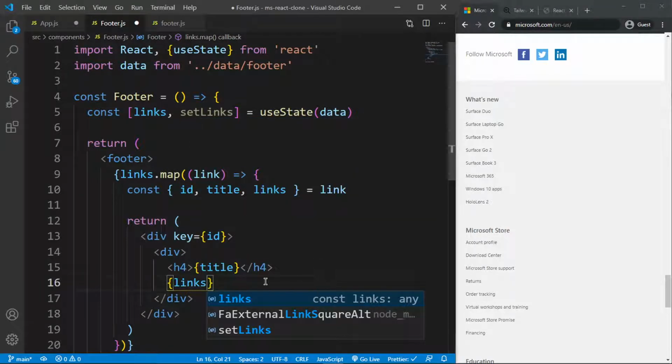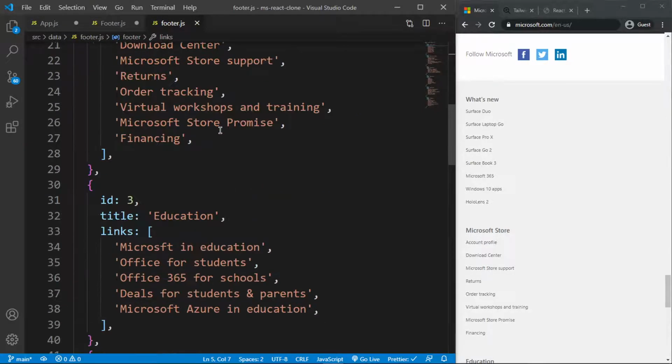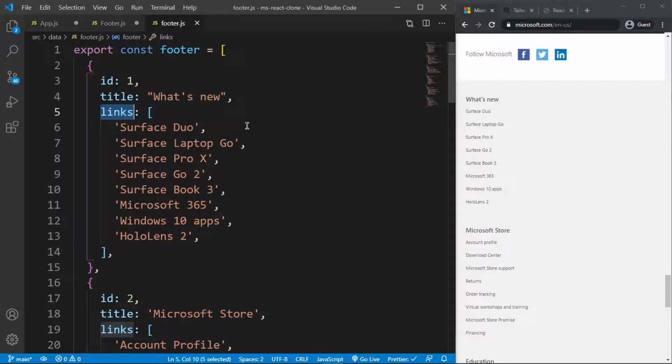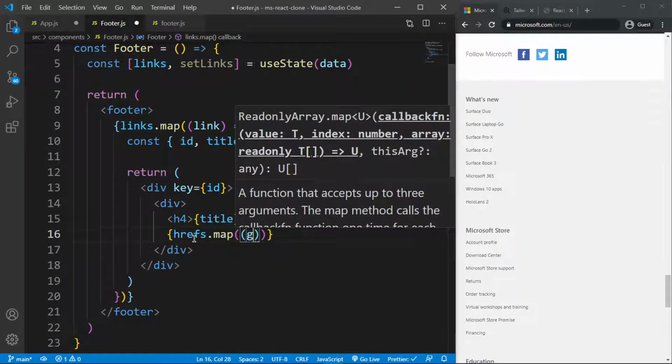Oh my goodness, I shouldn't have named these links, because these are also called links. I can rename them, right? Let's say hrefs, like that, so that it's much easier. So I can say rename this to hrefs, and say hrefs.map, and for every href,